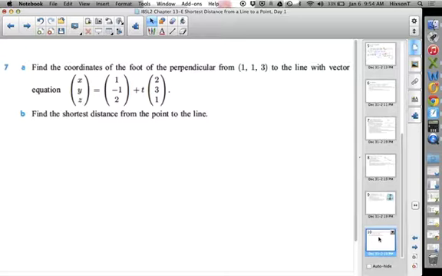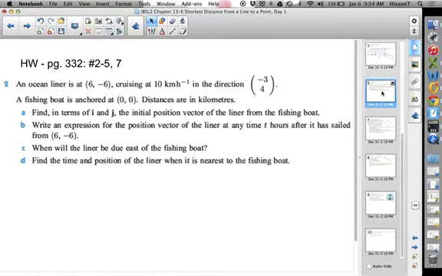And then here's another one with 3D you could try as well. Okay, alright. So that's it for